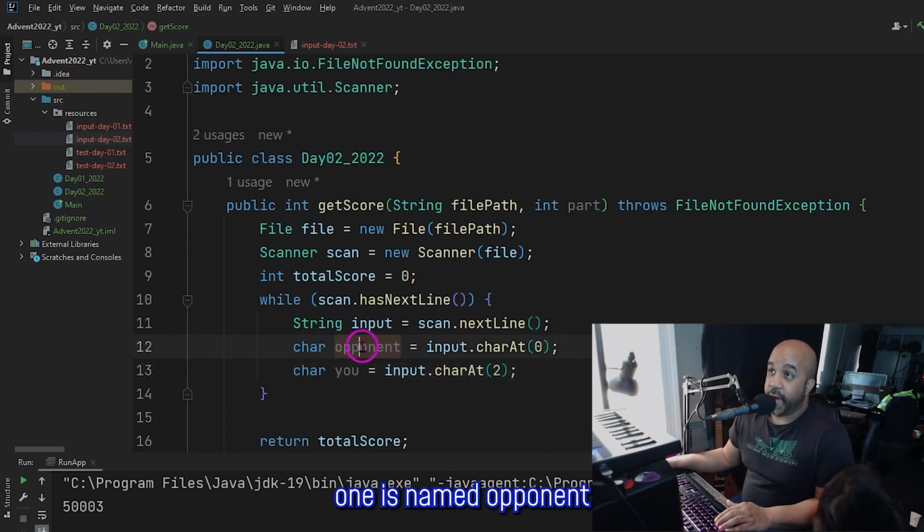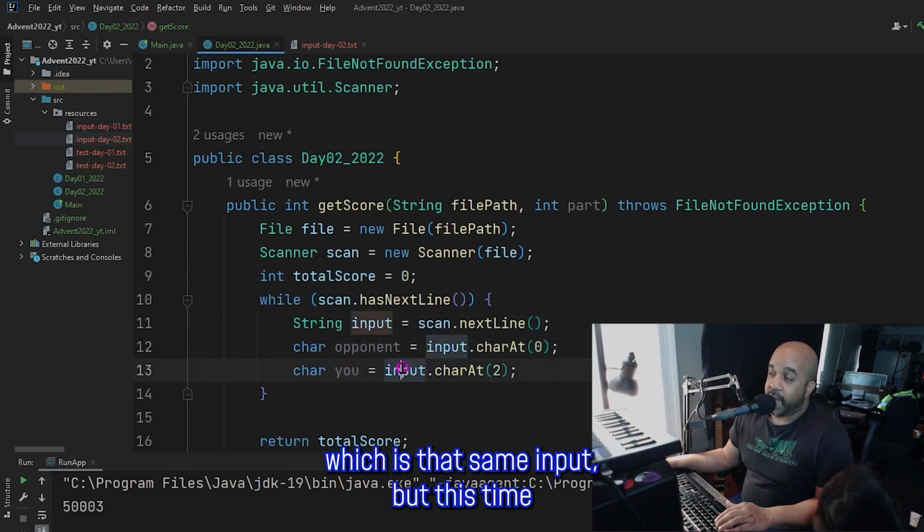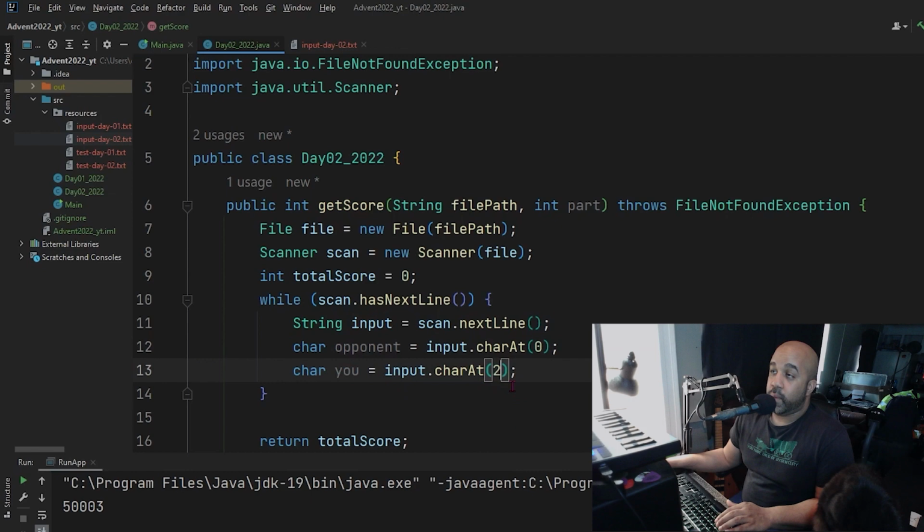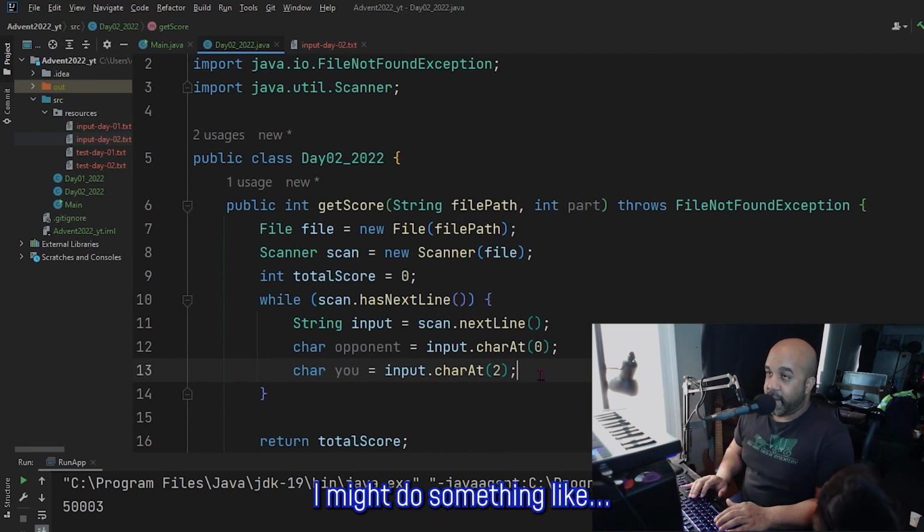One is named opponent, and that's the input string, the character at index 0. And I created a second char called u, which is that same input, but this time the character at index 2. And if I wanted to do some debugging and test to make sure that I'm actually getting my input correct, I might do something like